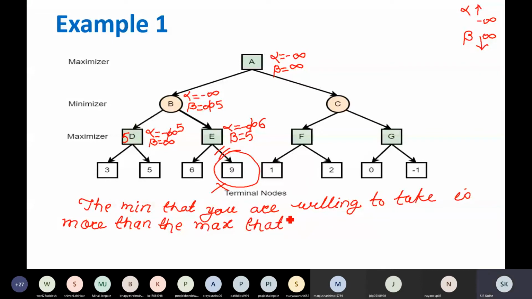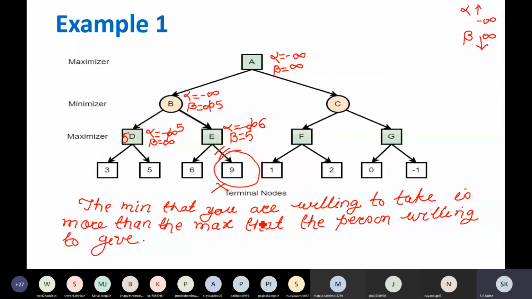The minimum that you are willing to take is more than the maximum that the other person is willing to give.